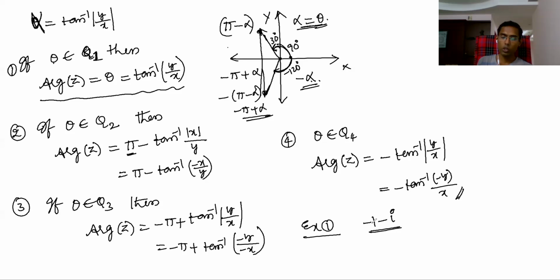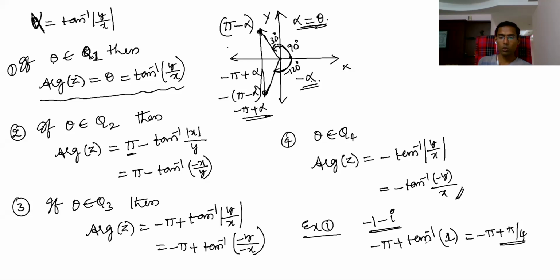So what I am saying, first you have to see which quadrant. Third quadrant. Third quadrant means what? You should do minus pi plus tan inverse of y by x. You need not take the sign now because they are both mod. Mod means you need not take the sign. So then what will happen? Tan inverse of 1 by 1, so that is pi by 4. Minus pi plus pi by 4 is your answer, like that I am saying.